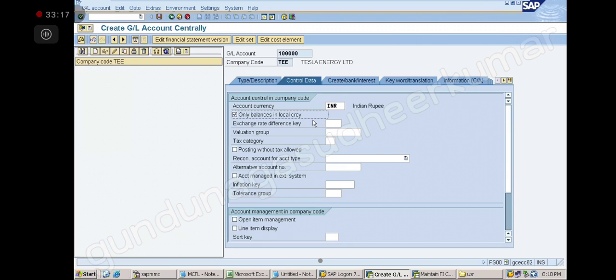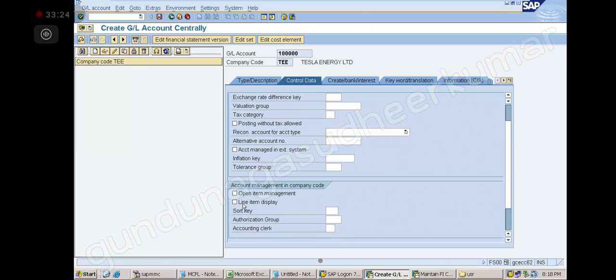Okay. Then you come down and you will select line item display. What is line item display? Line item is nothing but transaction display. SAP is calling a transaction a line item.